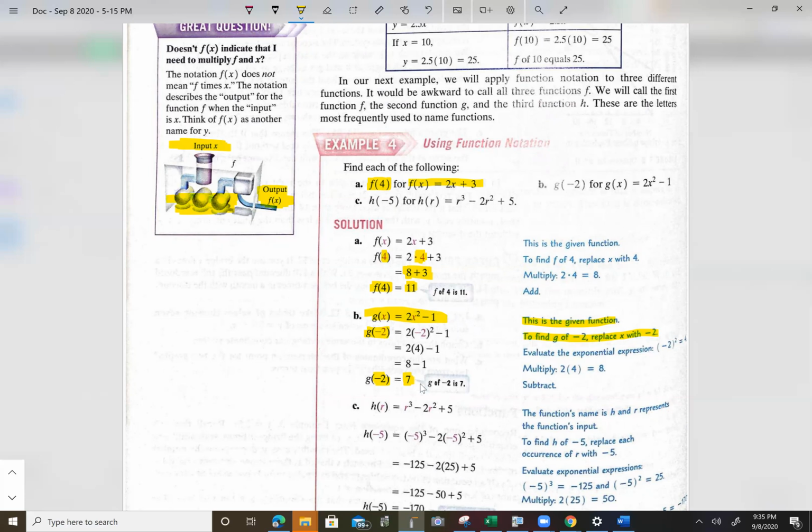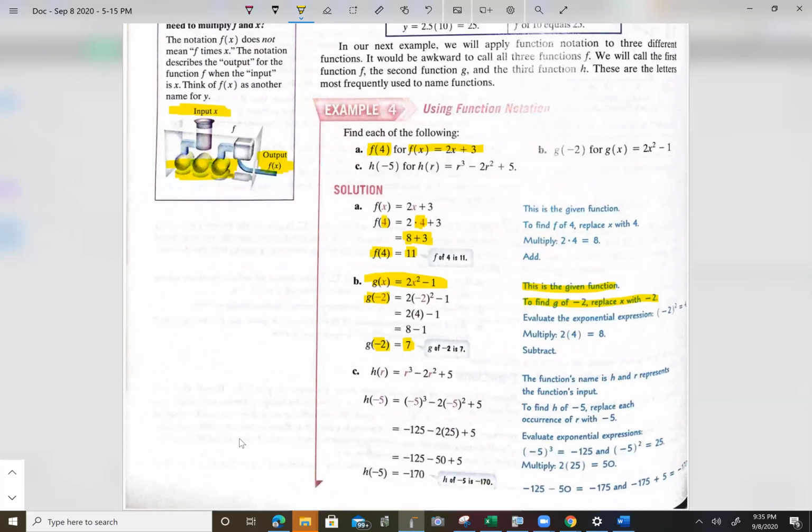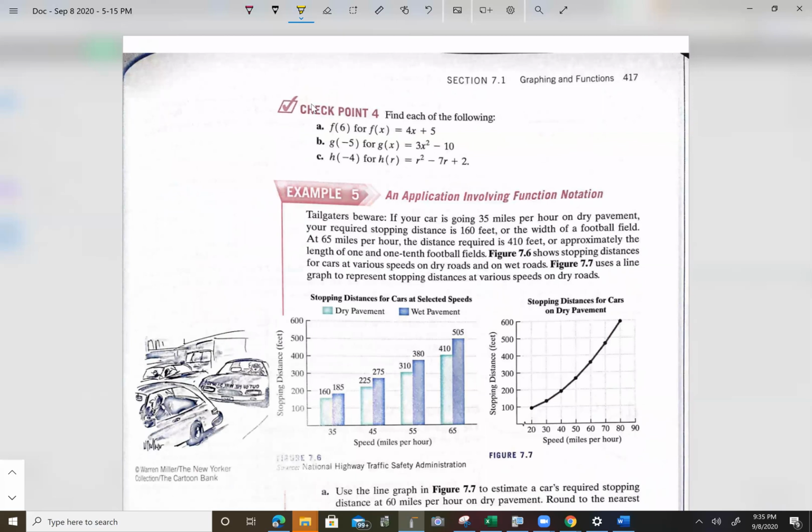if you need to. And I think you guys can do C on your own. Just read through it. The answer is right there. Make sure you are understanding this checkpoint. I will get you